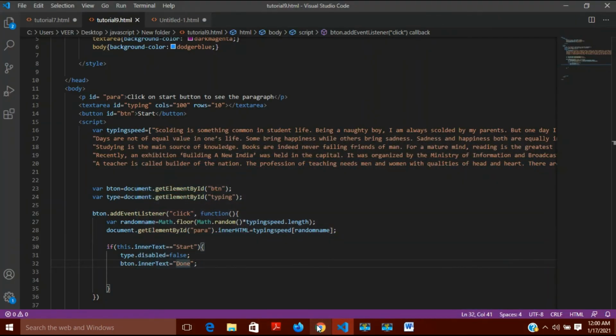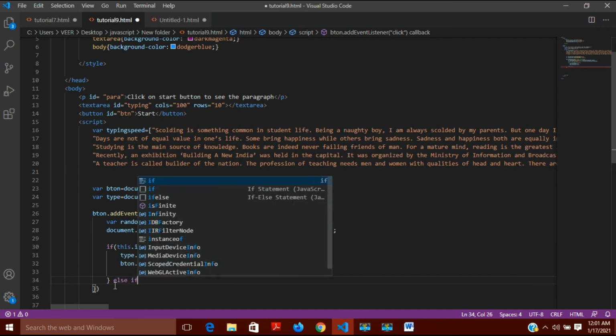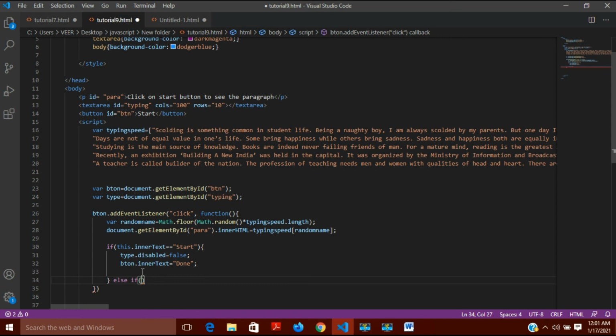So for this, after this, you can see this is the closing of this curly bracket, which was here. It has been closed now, and after this I will write here else if. Now I want the functioning of done state.